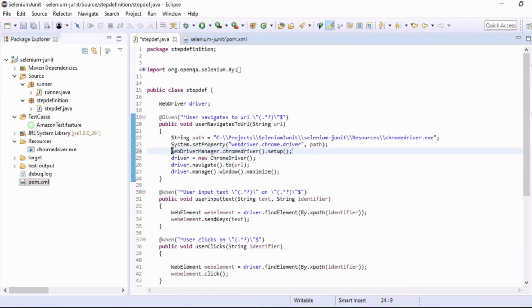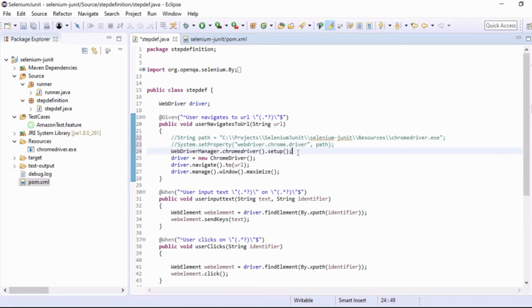Now this piece of code will take care all the prerequisites for us. It will check the version of the browser installed in our system. And then it matches the version of the browser and downloads the driver if it is not already present on the WebDriver Manager cache. And finally, it exports the proper WebDriver Java environment variable required by Selenium. So now we don't need these lines of code, as WebDriver Manager will do it for us.